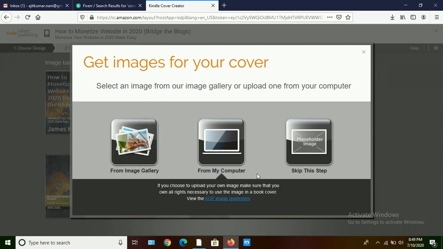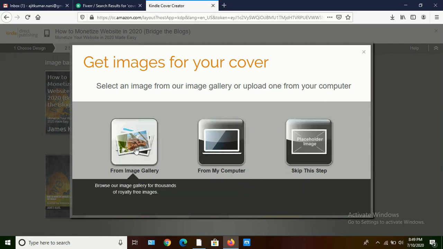Here are three categories. First one is from image gallery, meaning Amazon KDP only gives some cover creations to us for free of cost without a single penny of rupees. Okay, we can get our cover from this gallery.